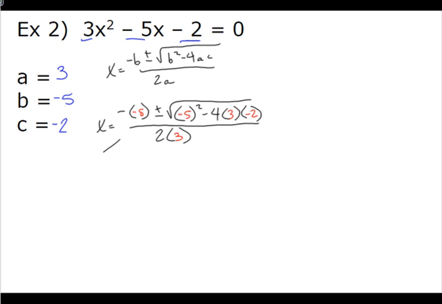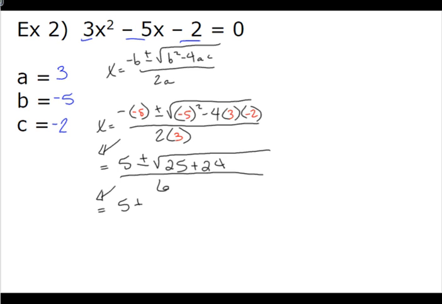Back to doing my arithmetic. This becomes a positive 5, plus or minus the square root of negative 5 to the second power is 25. Here I have negative 4 times positive 3 times negative 2. That comes out to be a positive 24 over 2 times 3 is 6. So I now have 5 plus or minus the square root of 49 over 6. Well, 49 is a perfect square. Anytime that you have a perfect square, we're going to end up with 5 plus or minus